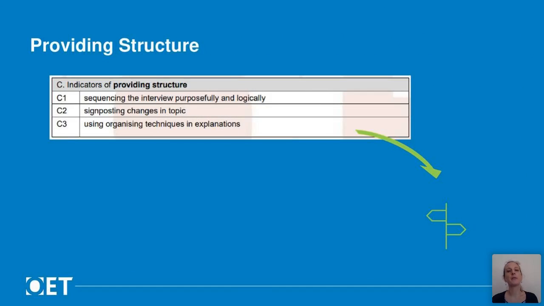Providing structure. So this means taking responsibility for the conversation and the content that you want to discuss with the patient or carer. And there are a number of different ways that you can do this, including signposting that one discussion point has finished and a new one is started by naming the new point you're about to start talking about, or checking if the patient requires any clarification before introducing a new point, or simply by making a clear pause and intake of breath to show a change of direction.